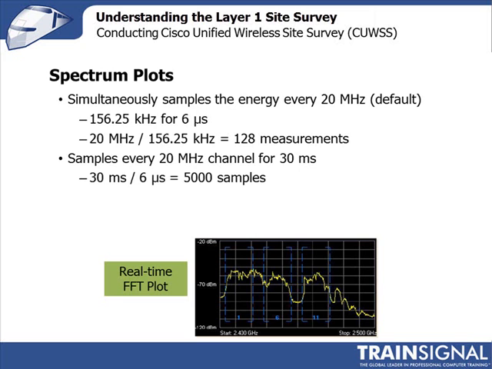Now it stays on that 20 megahertz channel for 30 milliseconds, doing a sample every 6 microseconds, which means that in 30 milliseconds in that 20 megahertz channel, the sensor card would have collected 5,000